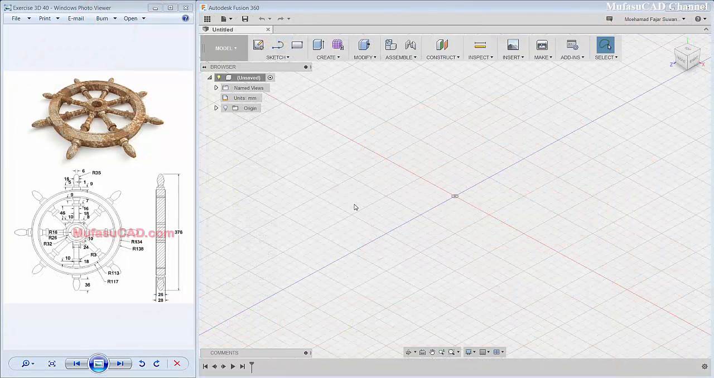Hello guys, welcome back to Mufasuket with Fusion 360 3D Modeling Practical Exercise number 15, how to make a 3D